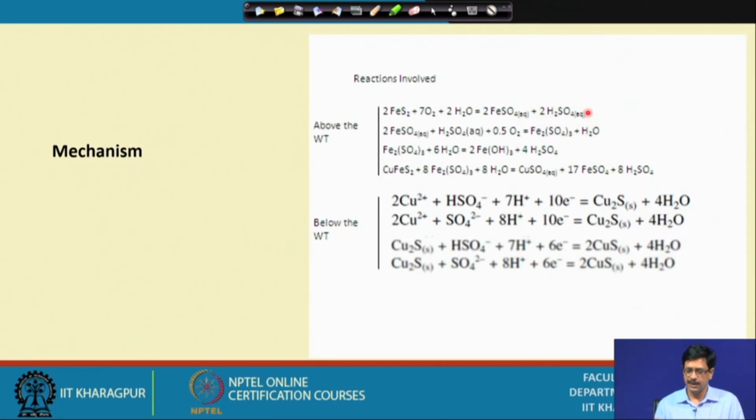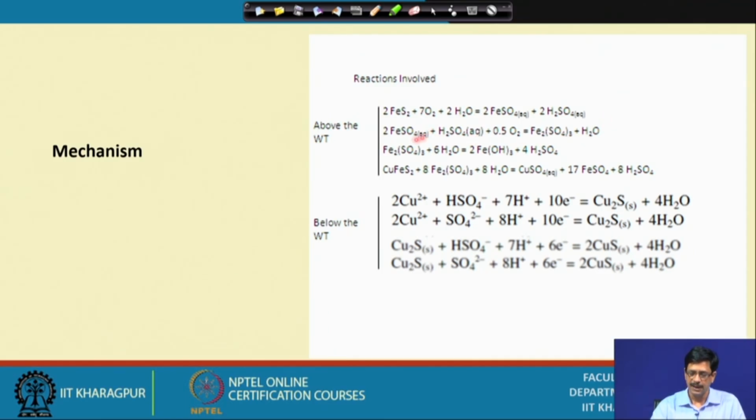Let us look at the mechanism, the way it works in the form of the reaction. So, here we could see what exactly we discussed. The reaction is pyrite plus oxygen plus water giving rise to ferrous sulphate, which is soluble in aqueous solution, and the generation of H2SO4. This sets up a chain reaction where the FeSO4 is again acted upon by sulfuric acid to form